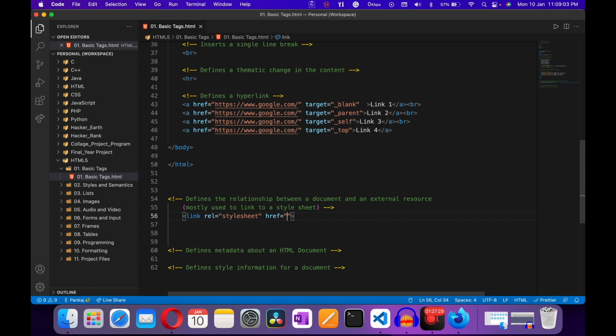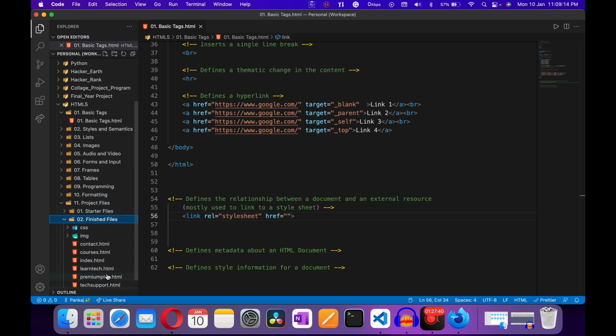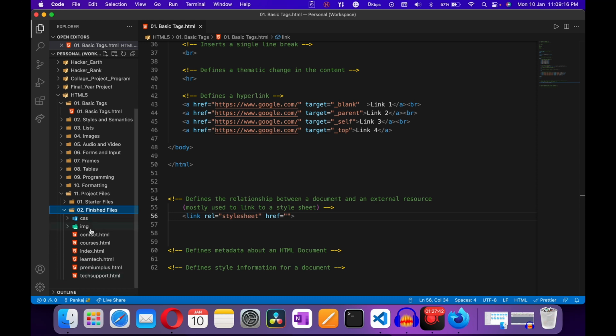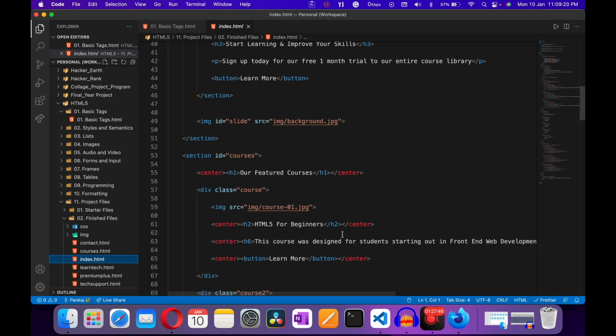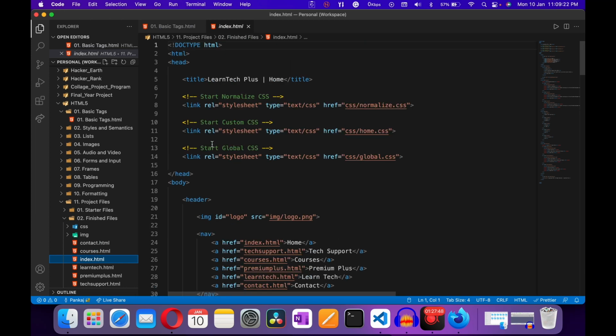As an example, if we click on the last one, project files folder, here are two folders, starter and finish file. You have to click on finish file, and here you can see there are a lot of files. If I open index.html right here, so guys, you can see there is a link tag available.